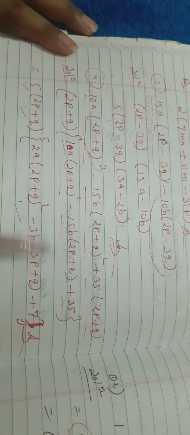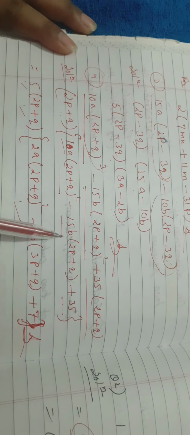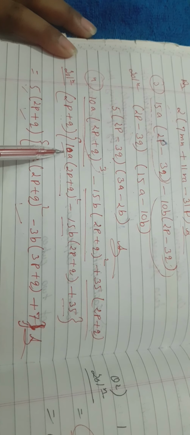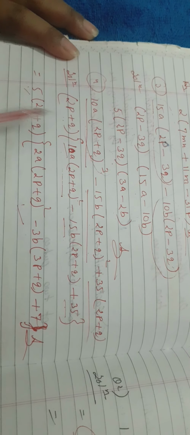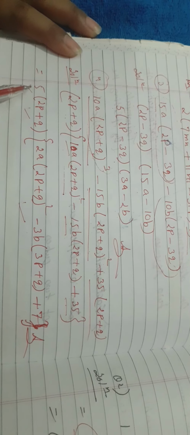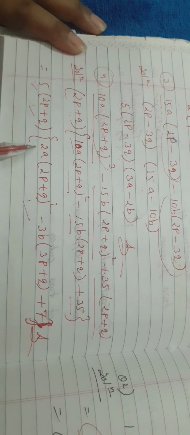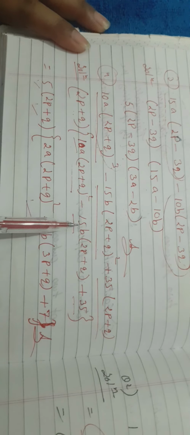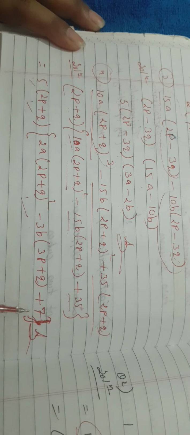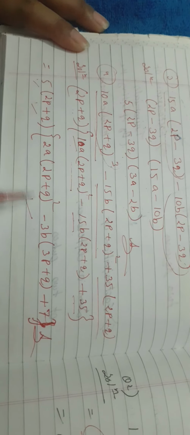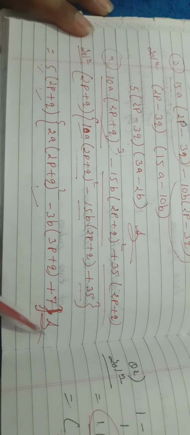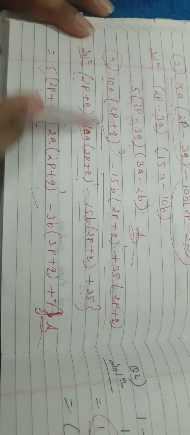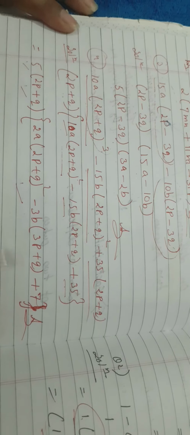Now again I can see that 10, 15 and 35, these three numbers are multiples of 5. So I have taken 5 as common outside. So already this was a common factor, and one more thing is coming out of the bracket, that is 5. Now here is 2a and the numbers are as they are: 5 times 3 is 15 and 5 times 7 is 35. The rest I have copied as it is. So these are the three factors of the given algebraic expression: first factor, second factor and third factor. So this is the answer.